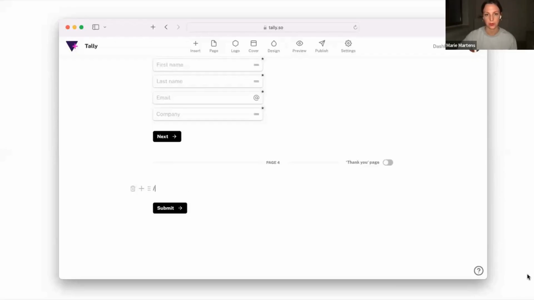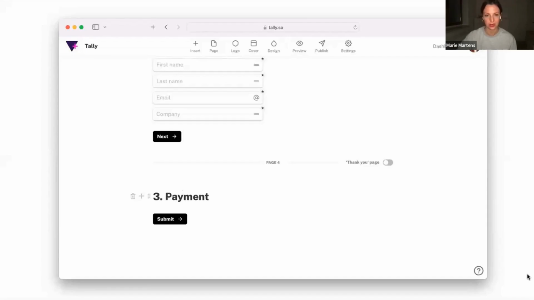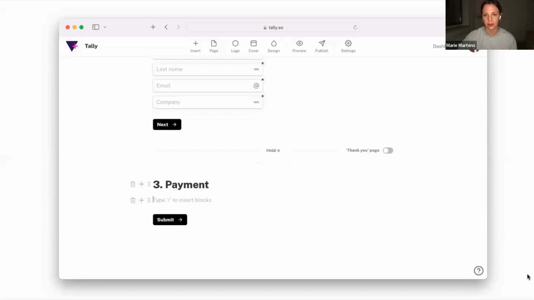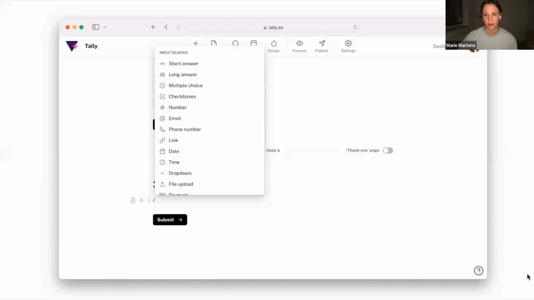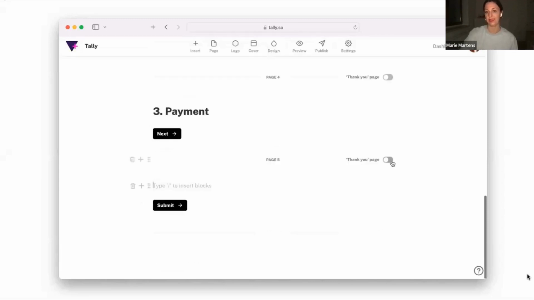There we go. And then on the third page, we're going to ask for the payment details. I'm going to show you in a bit how that works. So we're just going to make sure that the page is already in there and then set up the integration later. And then as the last page of the form, you can see that we're using the thank you